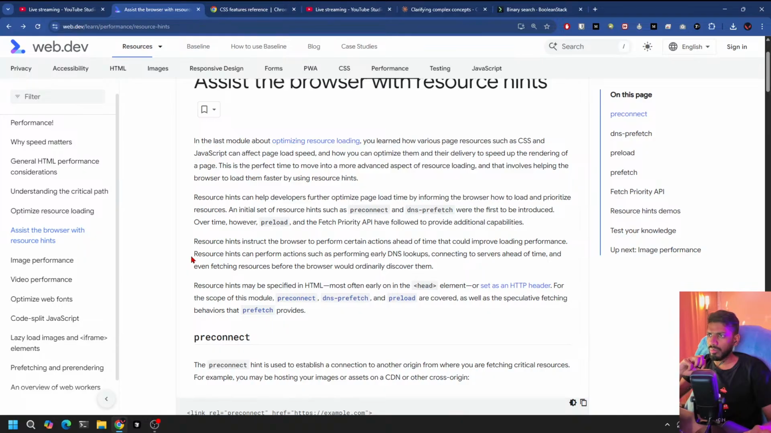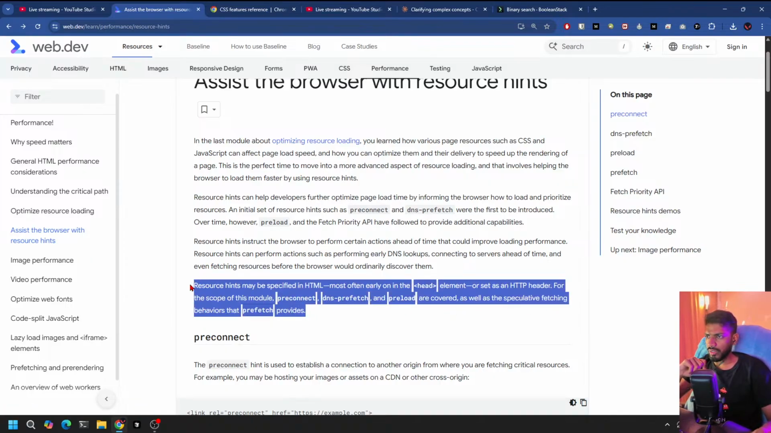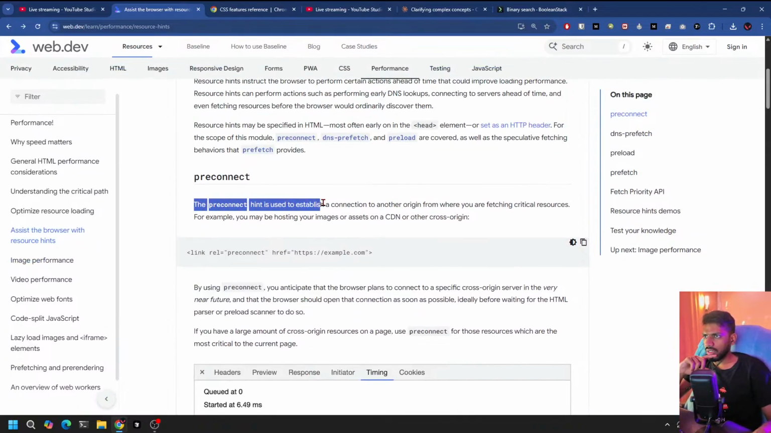Resource hints can perform actions such as performing early DNS lookups, connecting to the server ahead of time, and even fetching resources before the browser could ordinarily discover them. Resource hints may be specified in HTML, most often early on in the head element, or set as an HTTP header. For the scope of this module, preconnect and DNS prefetch are covered, as well as the speculative fetching behavior that prefetch provides. The first one is the preconnect hint